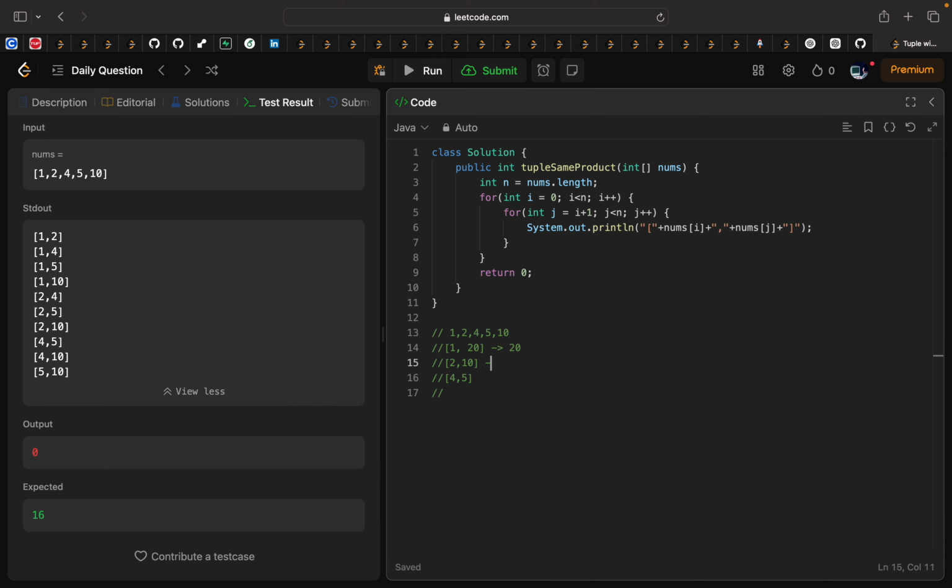Then we find another pair having multiplication as 20. Now we can say we have total 8 tuples, means if we combine these two pairs, then we can have 8 tuples, means 8 combinations. Then we reach this particular pair, and we see that this pair's multiplication is 20, and we have already seen the pairs which have multiplication of 20,